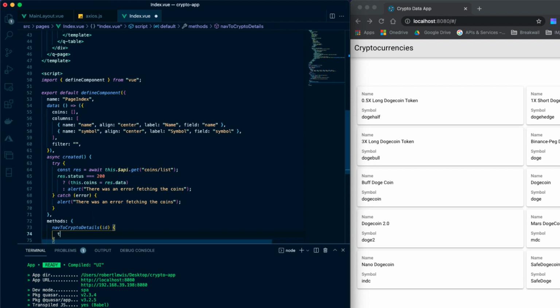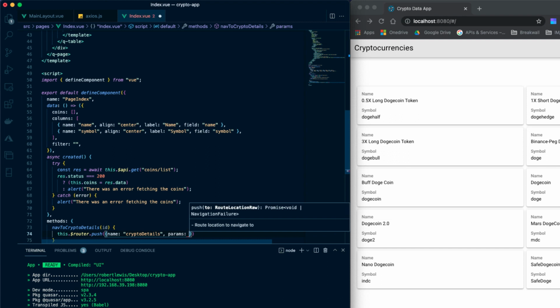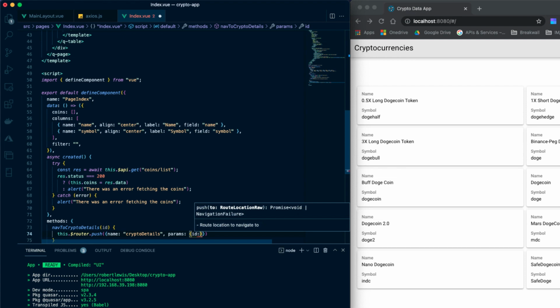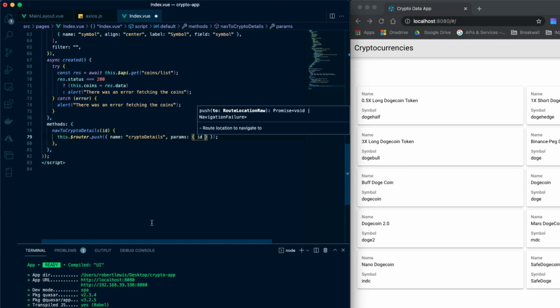So we'll say this.$router.push, and we're going to put in an object here. We'll say name is equal to crypto-details. And then we'll give it some params because we're gonna have to pass the ID of the coin. So we'll say id, and that's it. So if we go ahead and save this,